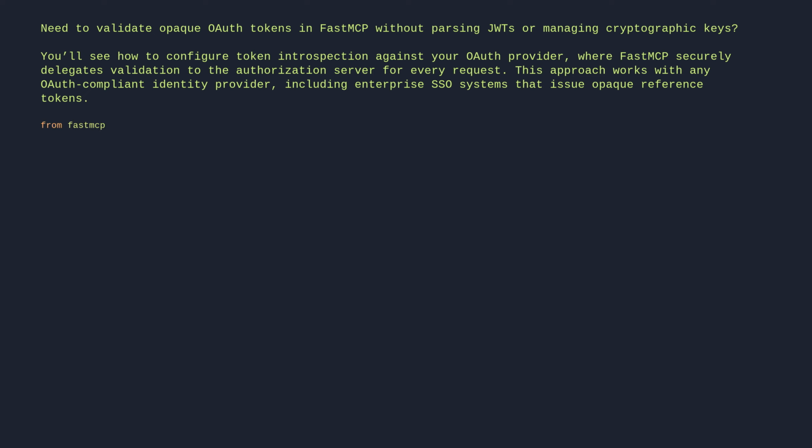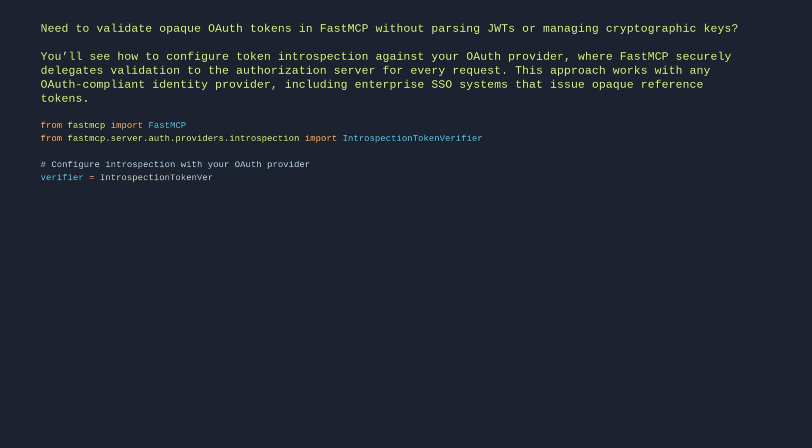From fastmcp import FastMCP. From fastmcp.server.auth.providers.introspection import IntrospectionTokenVerifier. # Configure introspection with your OAuth provider. verifier = IntrospectionTokenVerifier(introspection_url =